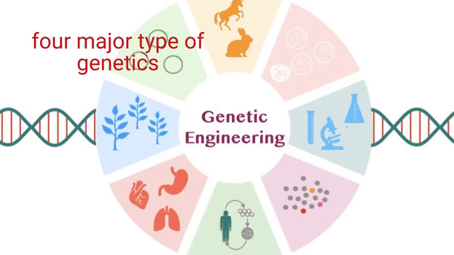What are the 4 types of genetics? Let's get started. There are several branches of genetics, but 4 major types of genetics are: classical genetics. This branch of genetics deals with the study of inheritance patterns and the mechanisms of inheritance of genetic traits. It was first established by Gregor Mendel, who studied the inheritance of traits in pea plants and developed the laws